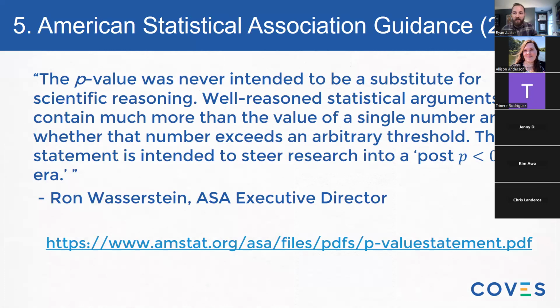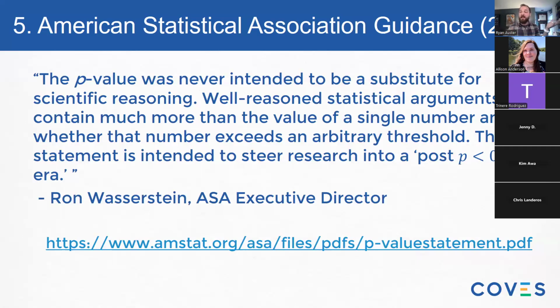Okay, last 2 points, and I know we're getting close on time, and I do want to see your lovely faces. The American Statistical Association a number of years ago issued a warning against simply relying on p is less than 0.05 to guide anything. Interpretation, publication, you name it. They wanted to usher us into this quote unquote post p is less than 0.05 era because that damages your ability to talk about why this matters, the practical significance, and it also cheapens what people choose to publish, report on, present on at conferences because they need to establish that this thing mattered, right?